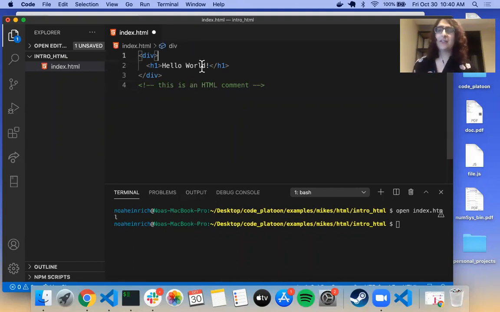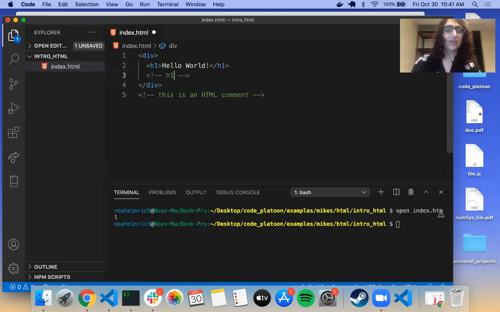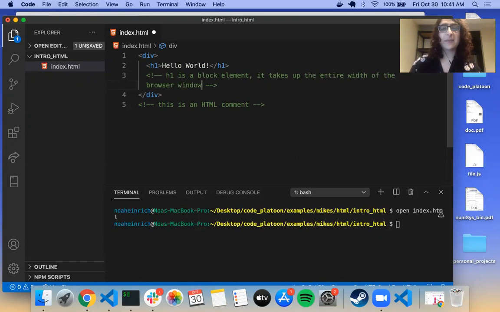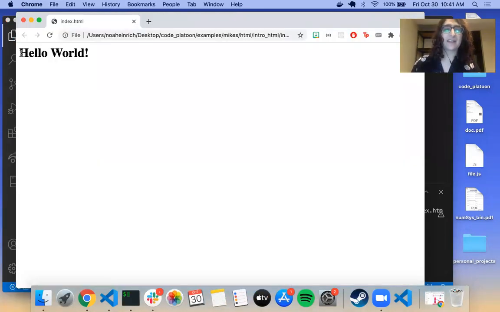All right. Another thing to keep in mind about display elements is that each of them has a different display type, and there are many different kinds. But the two largest categories are called block elements and inline elements. H1 is considered a block element. I'll put a little comment here. H1 is a block element. It takes up the entire width of the browser window. Even though the content doesn't take up everything, there's essentially an invisible box that extends from here